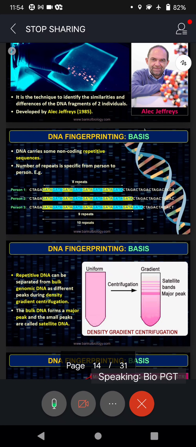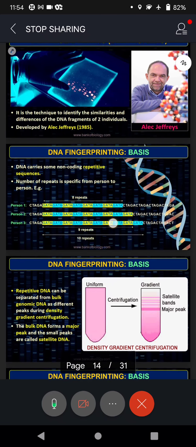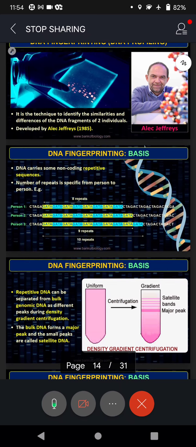So in what way do I and Sandeep differ? Through polymorphism. Polymorphism is the difference between one person and another in their DNA. This is most useful to investigators, whom we call forensic investigators. And people who are experts in analyzing this technique are called forensic scientists. So even biology boys among you can become a forensic scientist.